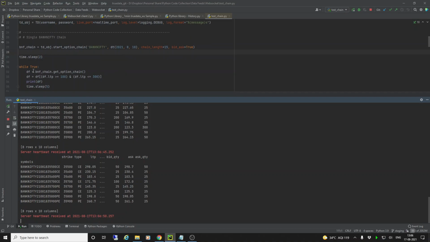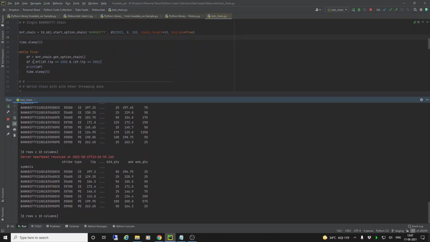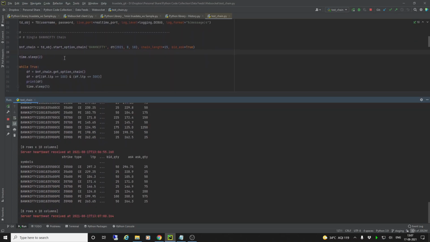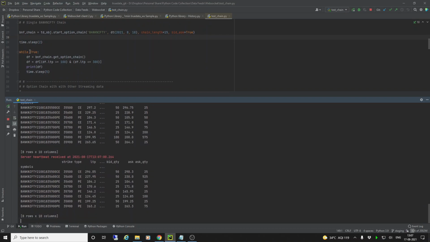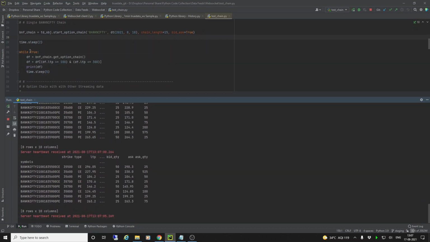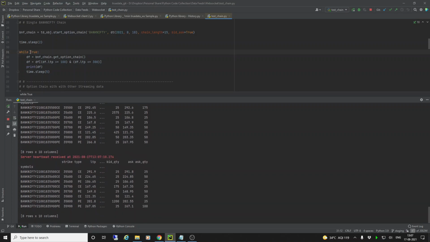Now, there's another thing. If we've made this while loop here, this will continue till the market closes. So you can decide to set a time and make sure that it closes at a particular time, and it should not be difficult for you to make sure that it stops when the market closes.